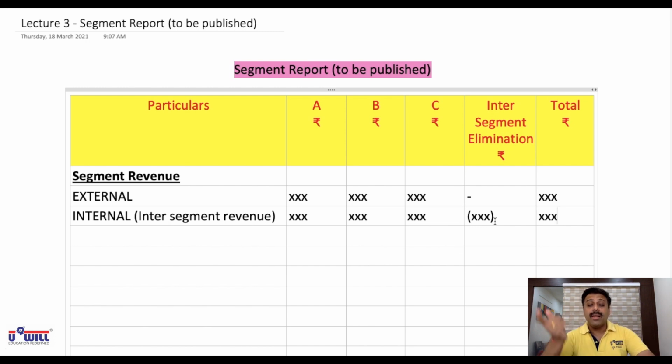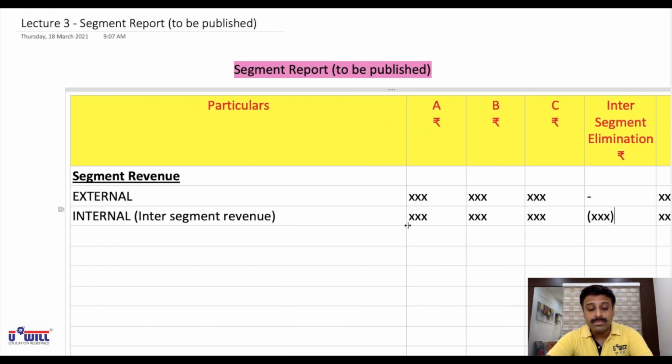But we include it first and then eliminate it, because when the shareholders get the information, they must come to know what was the revenue of the Ahmedabad branch also and the Baroda branch also. So for the Ahmedabad branch, shareholders must come to know how much has come from inter-segment sales and how much from external. So this report is made in such a manner that you come to know the information of each and every segment, and the overall picture of the company also. So what is the reason for having this inter-segment elimination column and subtracting it? So that double counting is not done in the sales of the company. So we eliminate that. Okay.